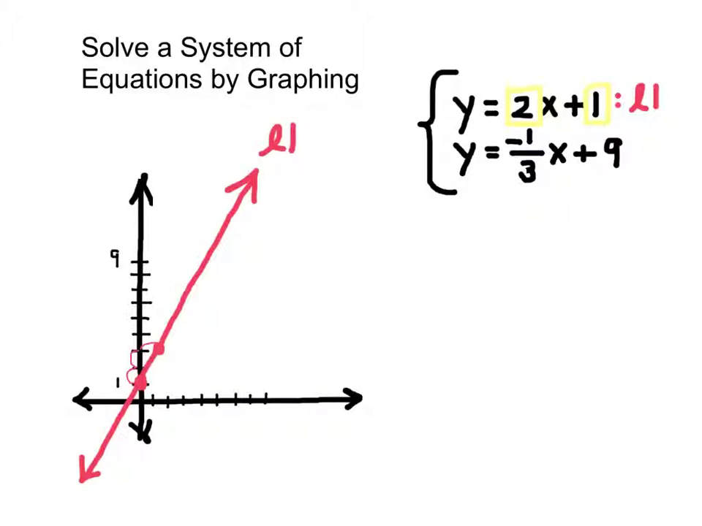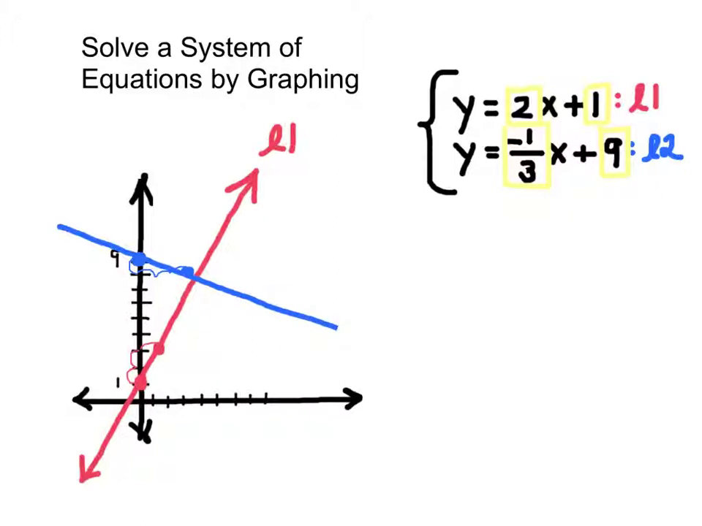Now we're going to graph line 2 in blue. So here is line 2. Line 2 has a slope of negative 1/3 and a y-intercept of 9. Let's go find the y-intercept, right here, where y is equal to 9. Our slope is negative 1/3. So we're going to go down 1 for the negative 1, to the right 1, 2, 3. So this gives us our second point. Now we want to draw a line through those 2 points